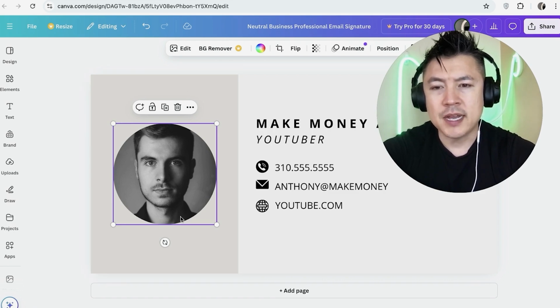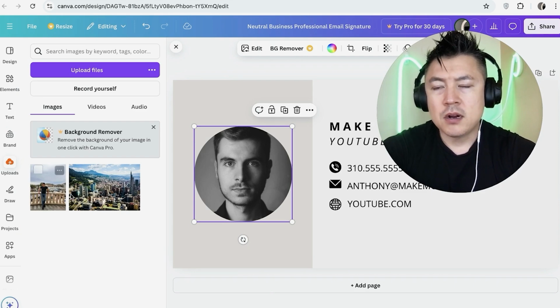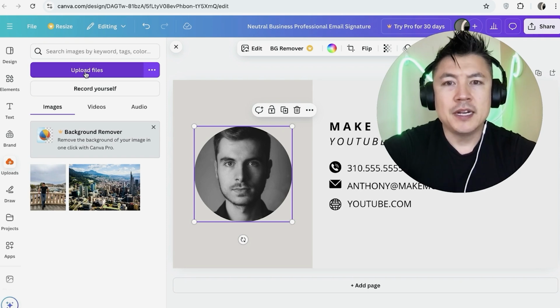So you can see it's outlined in this purple box. And then here on the left, we're going to click on upload. Okay, so here are the pictures that I've already uploaded into my Canva. Now, if your picture is not here, you can easily just click here, upload files, and then upload a computer